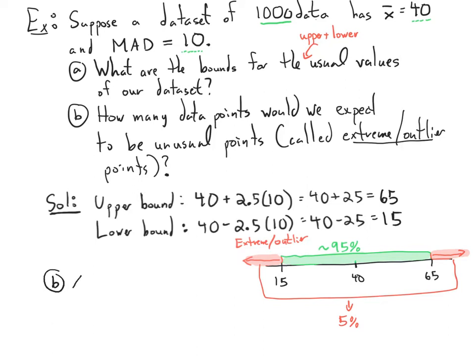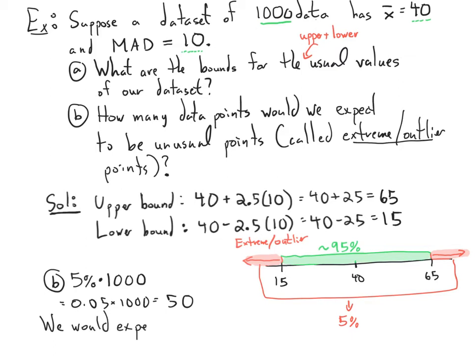So 5% of our 1,000 data points, that's 0.05 times 1,000, which is 50. So out of our 1,000, we'd expect 50 data points